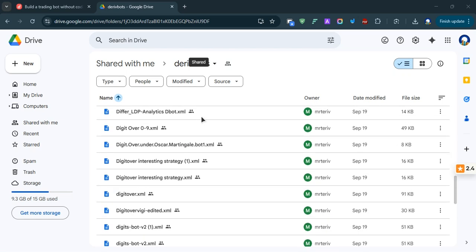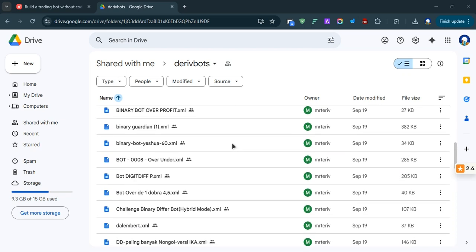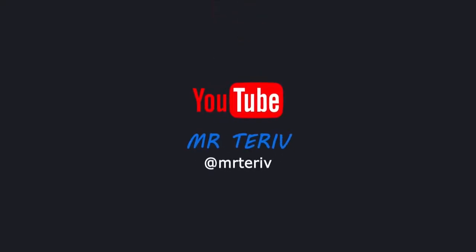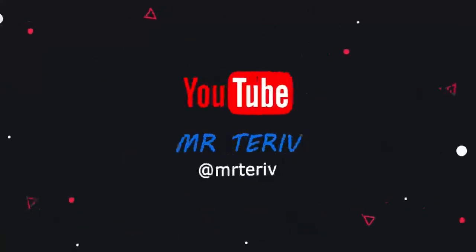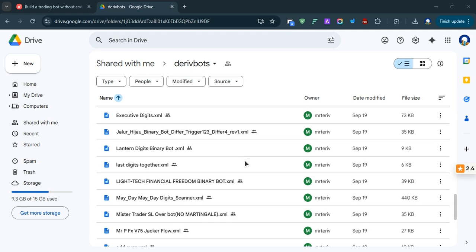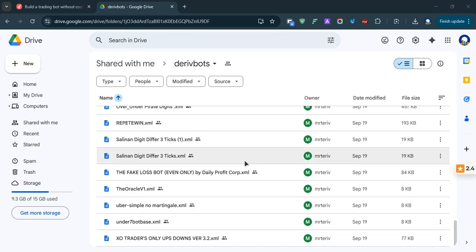All of these you see are free bots I found myself using this method that I am going to show you. Hello there, welcome to this tutorial in which I show you how you can get free Deriv bots. You do not need to buy Deriv bots. In this tutorial, I will show you how you can find them and then test them. So if you do not have money or you do not need to buy bots, you can use these methods